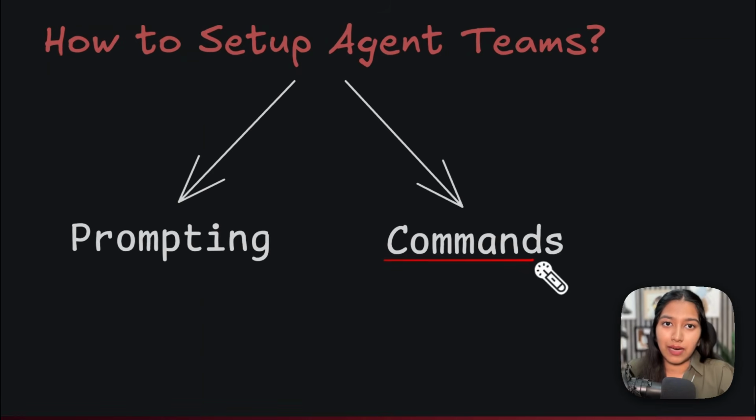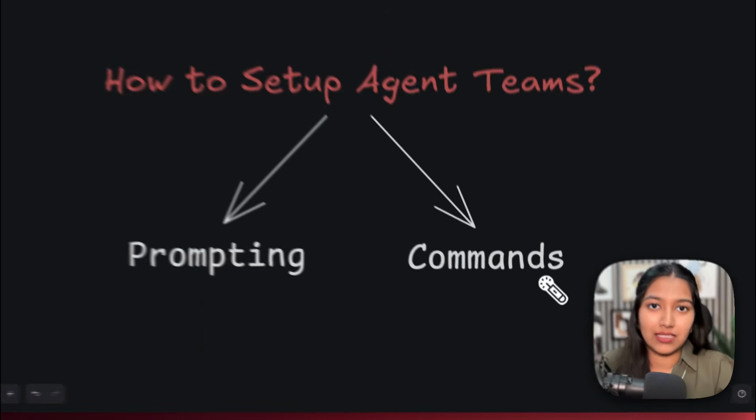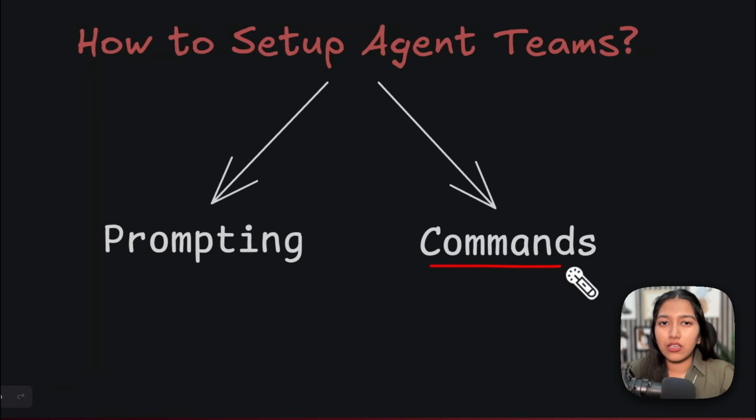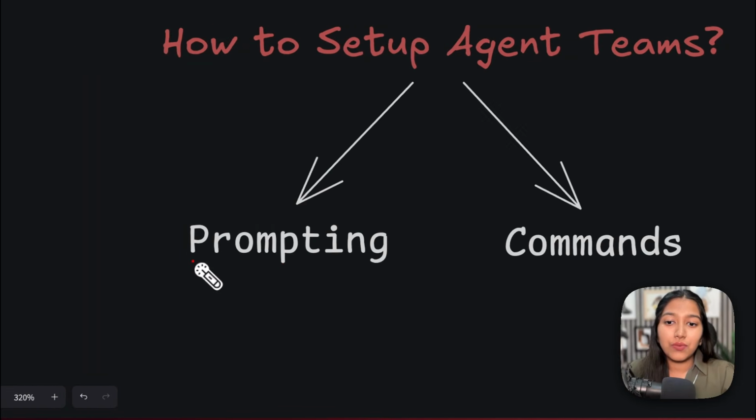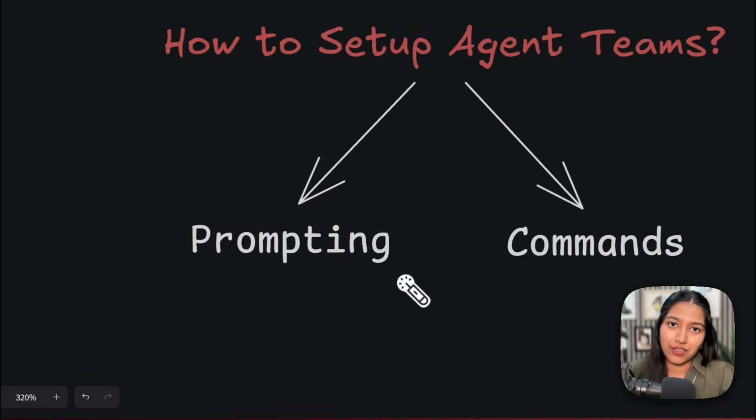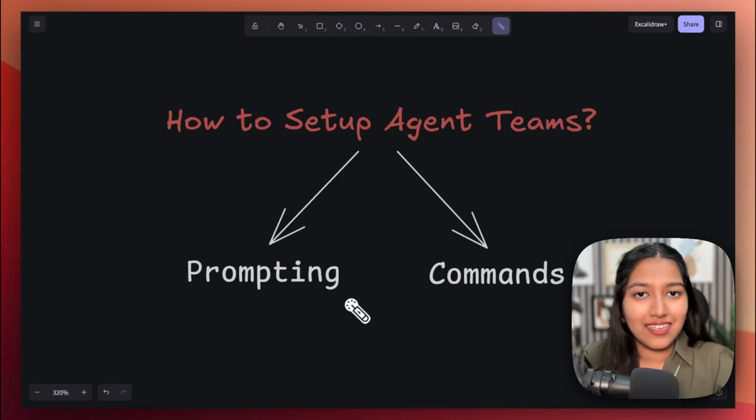The second way is commands. So you have to manually run commands one by one. This is a more controlled way of setting up these agent teams, but I would say that beginners won't find it very comfortable to do that. So we are going to go with the prompting method so that anyone out there can set up agent teams